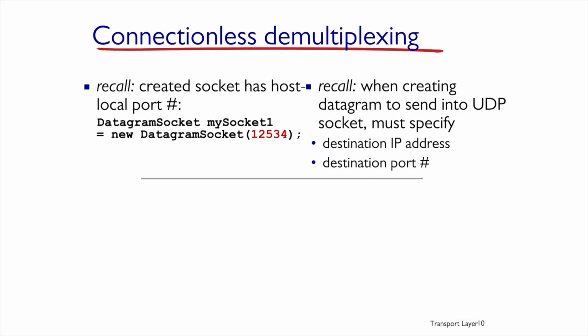In the case of UDP, the protocol doesn't need to open a connection before we send data. This method is called connectionless. Let's try to understand how message demultiplexing works in this case. First of all, we need to open the socket out of the process. In our example, we will open a datagram socket as it's used within the UDP protocol. This socket will listen to port 12534, which we have chosen randomly.